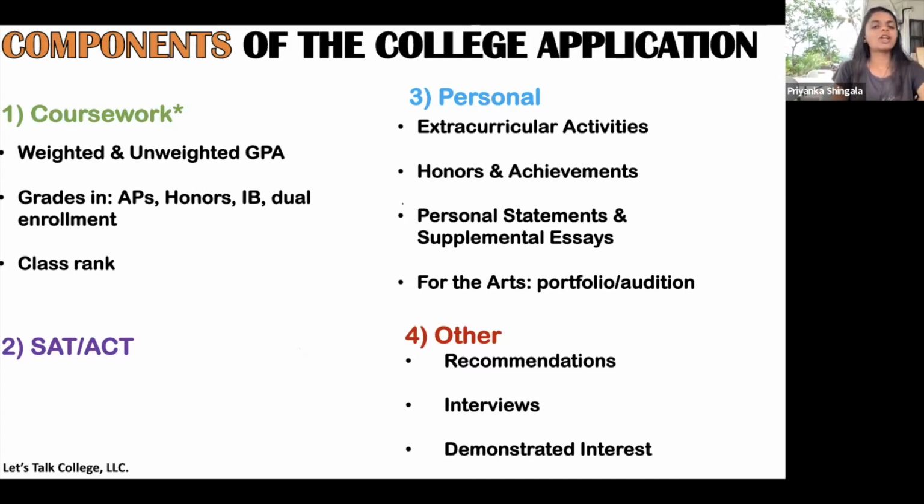And parents, you should not be the ones doing any of the reaching out at all. In fact, if you do that too often, you're almost blacklisting your kid, because at this point, admissions officers want to see the teenager who's almost an adult taking initiative, right? If these teens are going to be away from home, they're the ones responsible for their process and their success, and they're supposed to show up in class. Can they also be the ones who take initiative in their own process? That's very, very important to know. Any questions should be asked by teenagers, not parents.